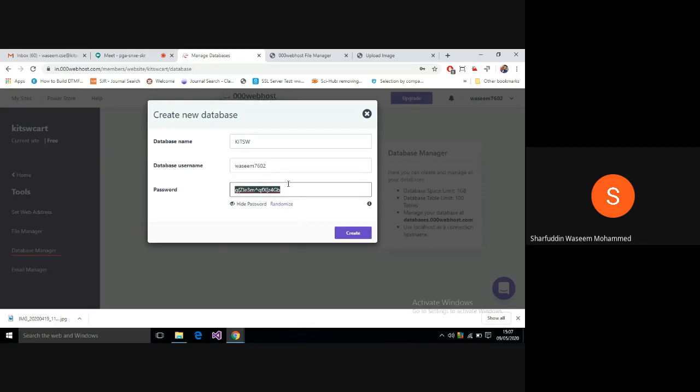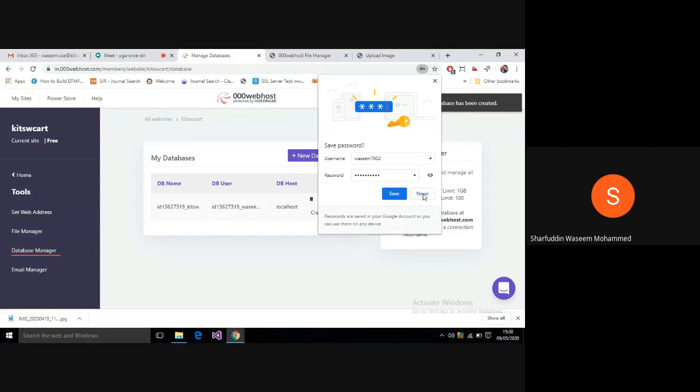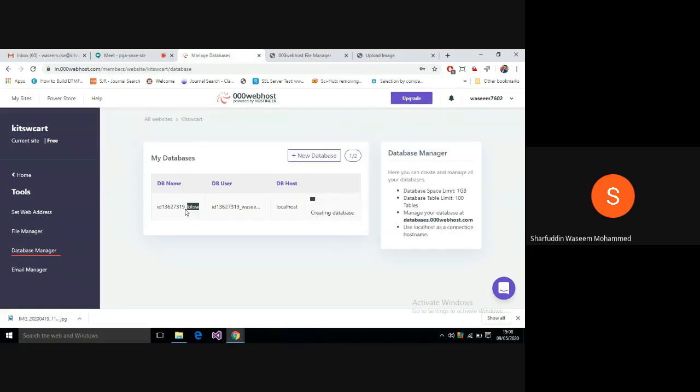If you lose this password, then you can't access your database. Okay, so again you have to delete the database and do this. I will show you what to do if you forget the password. I have copied this. Please remember the database names and so on. Click on create. So after creating the database, it will create the database along with your tag with a predefined ID. What is this ID? This ID will be unique for every user. Why? Because at the web hosting website, I am the user with this ID. Okay, so in that, kidsw is a database.